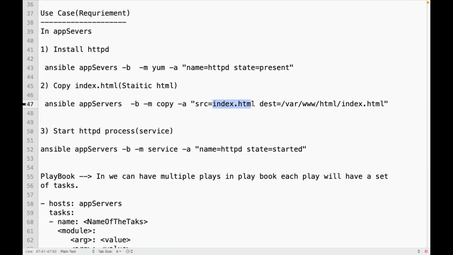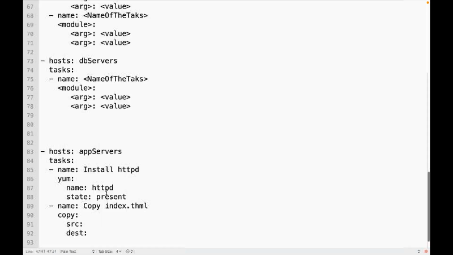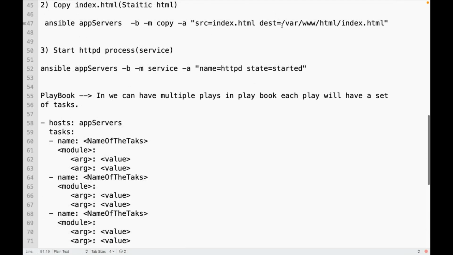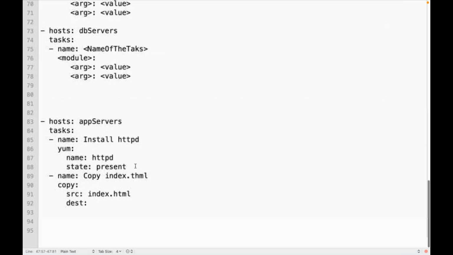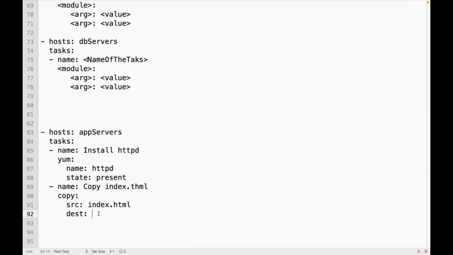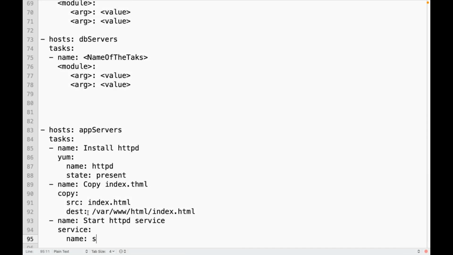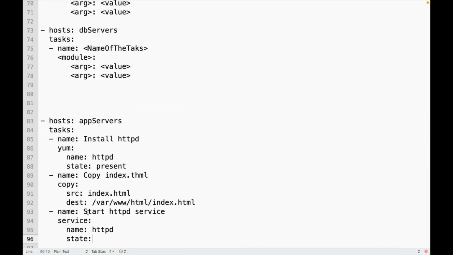with source and destination, whatever options you are using, in the form of YML. Source is this, destination is this. Then another task: start HTTPD service. Service module, name HTTPD, state